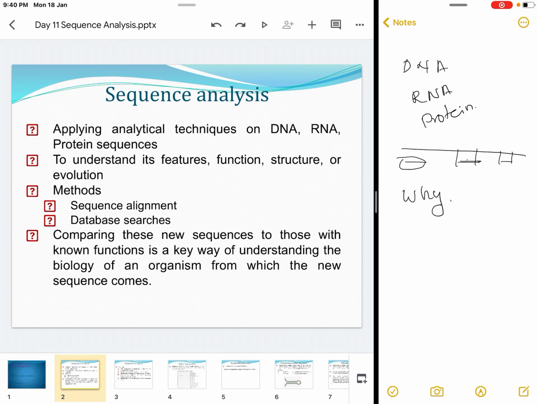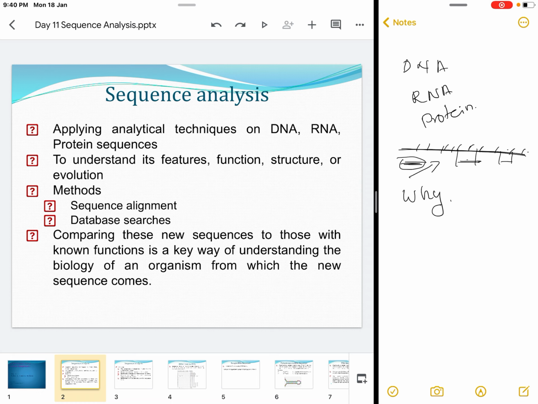Sequence alignment is what we have seen just now. A long sequence is given and a short sequence is given. You have to find where this short sequence matches in the long sequence, in which base pairs it is matching with the long sequence. And if there is no perfect match, then what is the percentage of equality between these two strings? Because these sequences are always represented as strings when you think in computational terms.